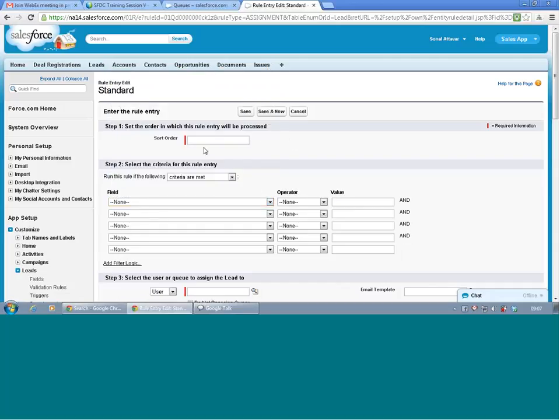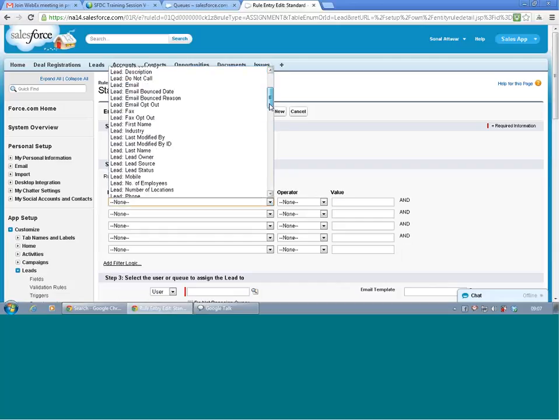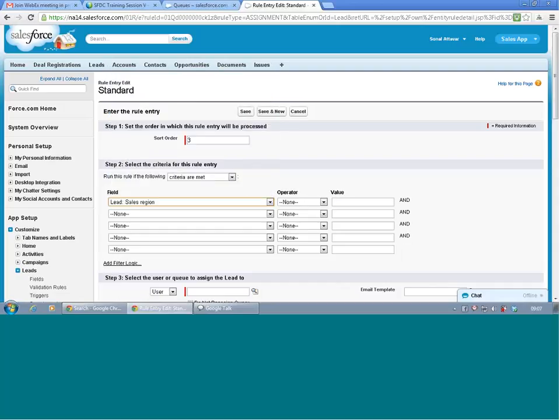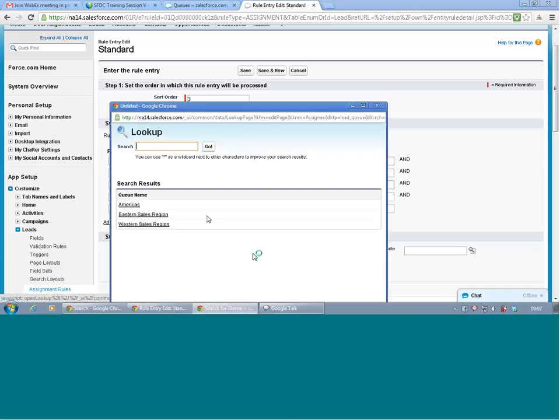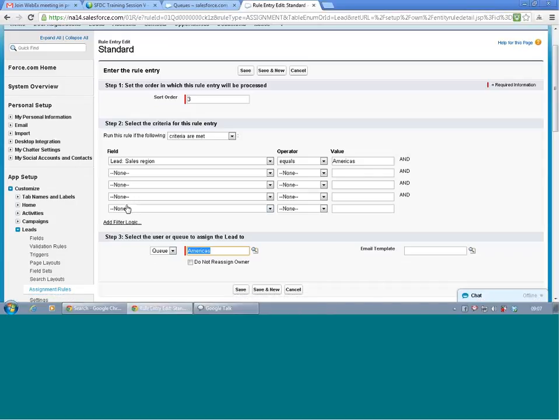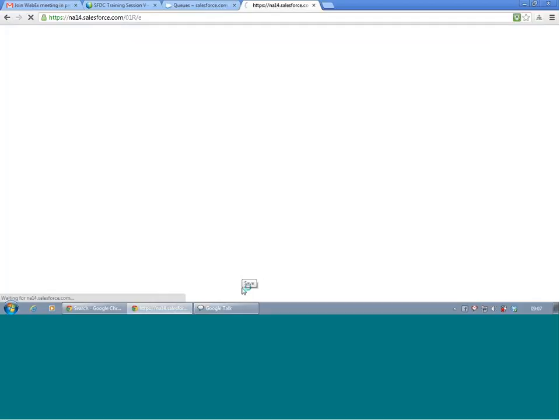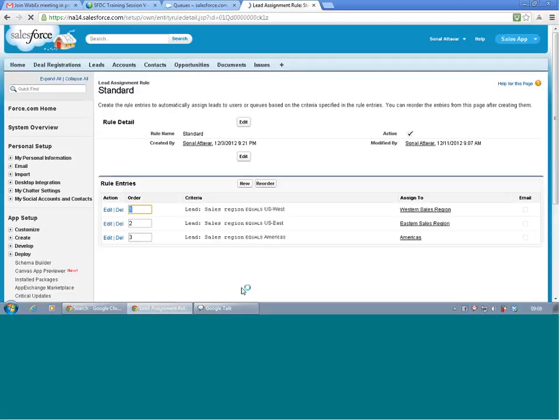Select sort order as 3 and Americas, yeah, exactly, and save this one. Now you have all the rules set up.